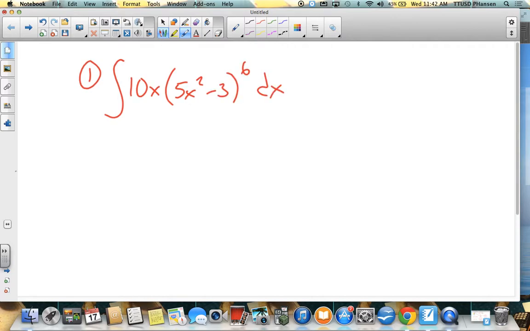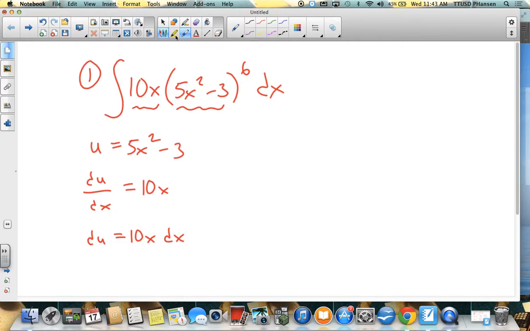This one I think you could probably do just on inspection, but I always default to u substitution. The first thing I'm going to do, I see that this part is 1 degree higher than this part. So I'm going to make what's in the parentheses my u. U equals 5x squared minus 3. I'm going to take the derivative of that with respect to x, and that gives me 10x. And then I'm going to isolate the du part,